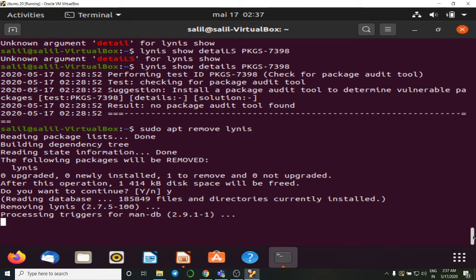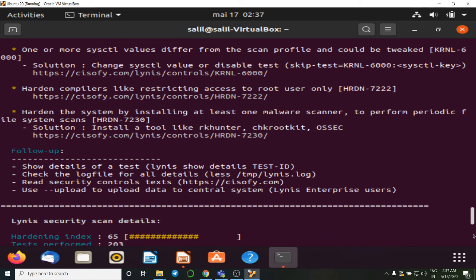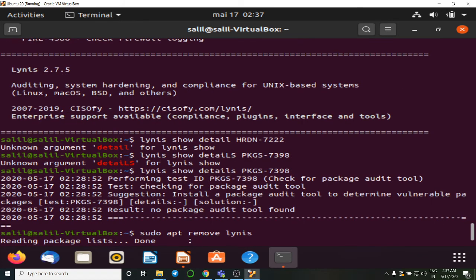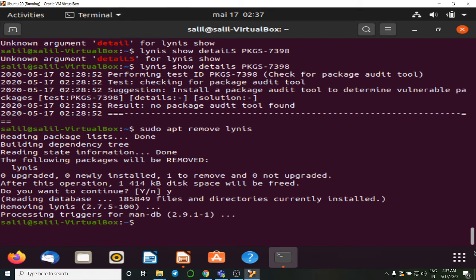So in this way, by the command sudo apt remove lynis, we can also remove Lynis. So this Lynis is removed now.